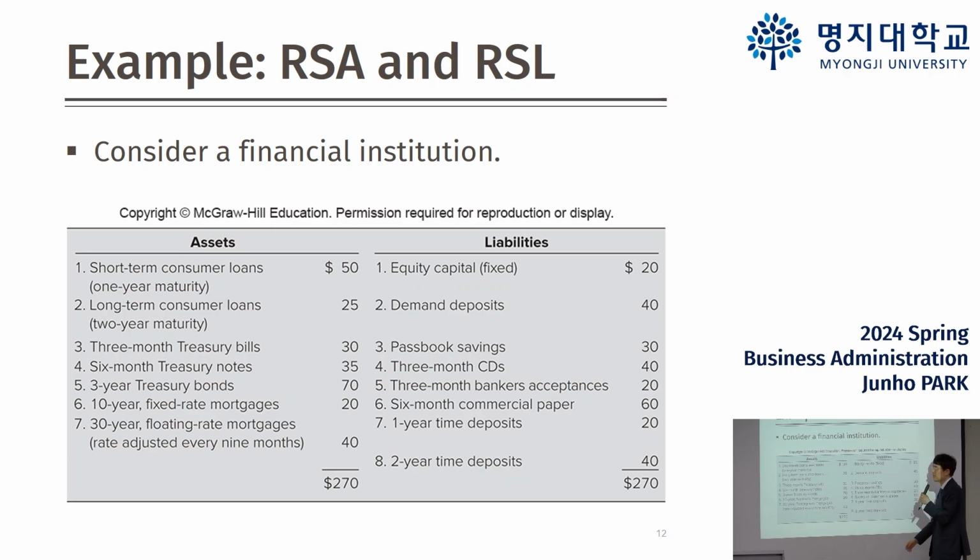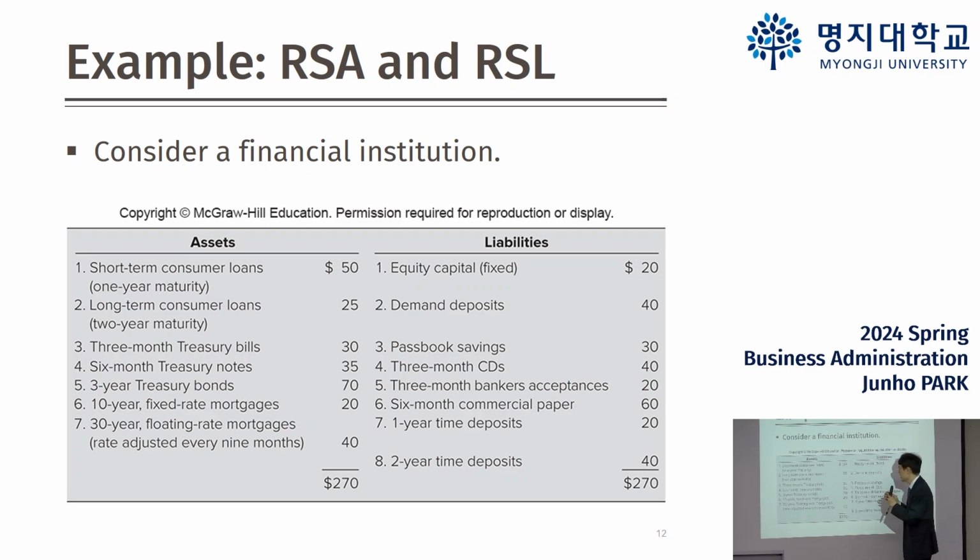Demand deposits. In the United States, until 2013, it was forbidden for a bank to give interest for the demand deposits. So essentially, the interest rate for the demand deposits was 0. It means demand deposits are not rate sensitive liabilities. It is not affected by the change in the interest rate.